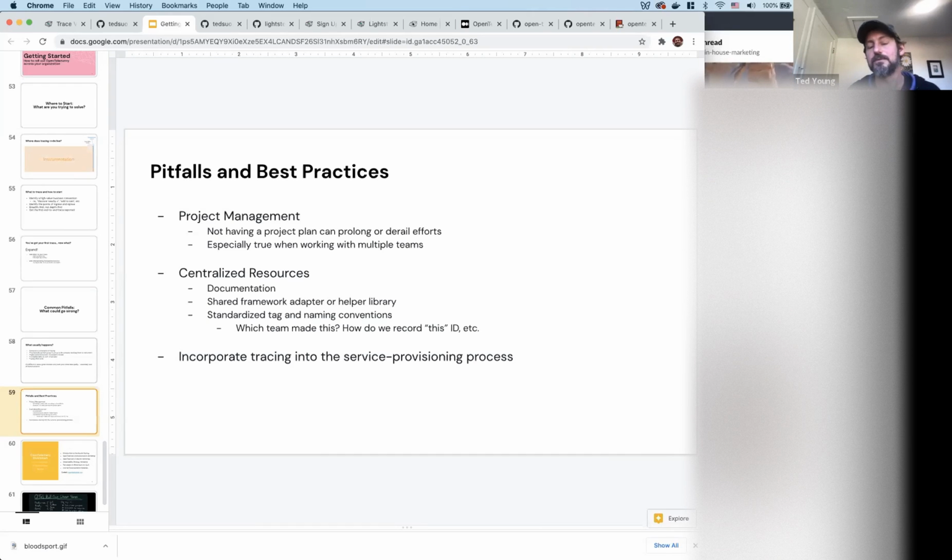And then it's also helpful, as you may have noticed, there are always going to be tons of questions about distributed tracing. It is kind of a new thing, and so when people get started with it, it can be a little confusing, especially the context propagation part. So I really recommend centralizing all of those resources, maintaining some internal documentation that's specific to your organization as much as possible, making the instrumentation a thing that lives in shared libraries, so people are not having to manually instrument every handler or route or something like that.